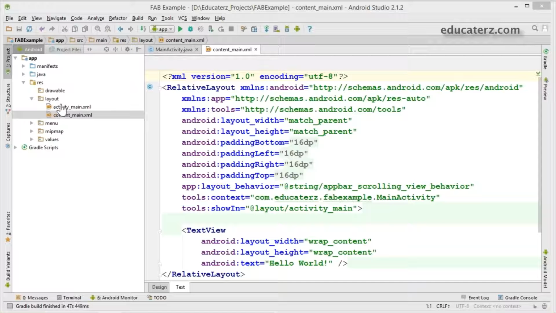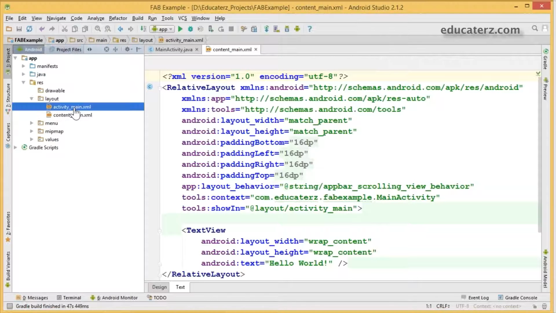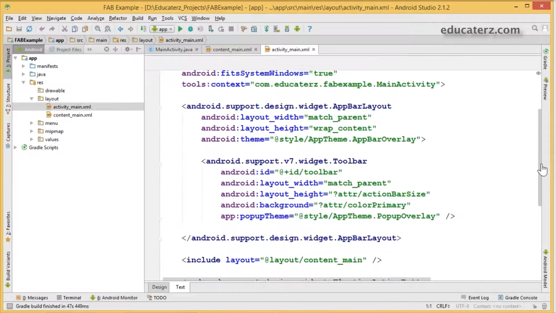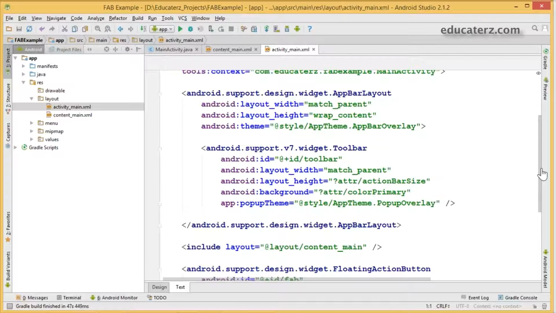Till now, when we created a project, we used to have only one layout file, that is activity_main.xml. But now, when you're dealing with a floating action button in your application, you'll get one more XML file called content_main.xml. This activity_main.xml file will contain the support for your app bar layout, where it supports the floating action button.